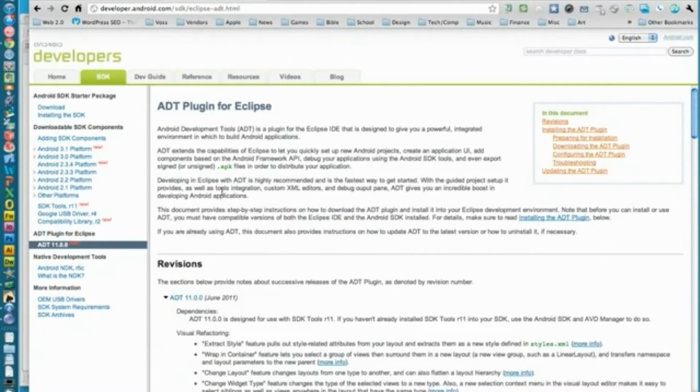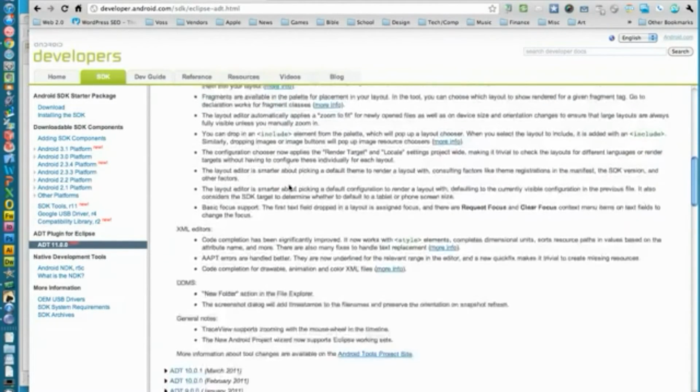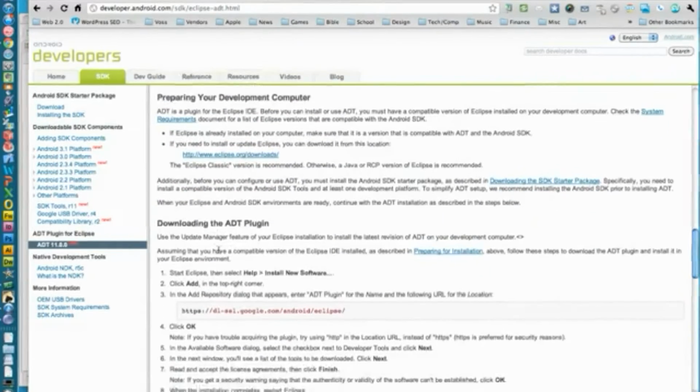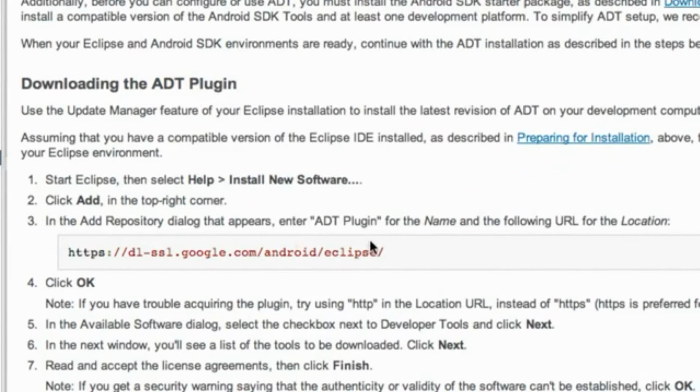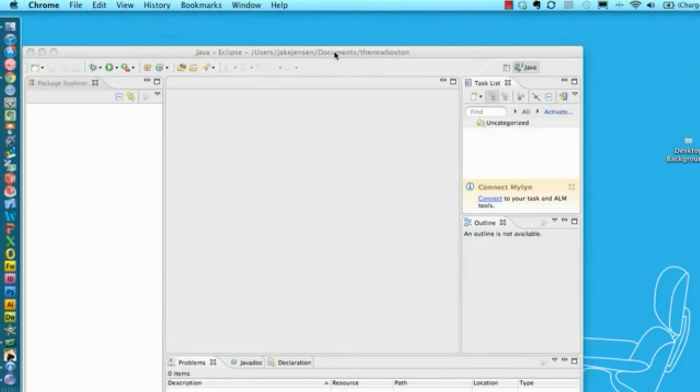If not, but you guys are on the developer page, you can click right here where it says ADT plugin for Eclipse, and scroll down to the point where it says installing the ADT plugin and downloading the ADT plugin. So it gives us a link. What we're going to do is copy this link by Control-C or Command-C, whatever you guys are on, Windows or Mac. And then we're going to copy that link, and what we're going to do now is go back into Eclipse,